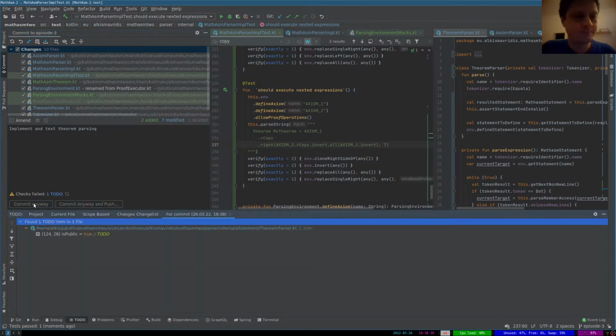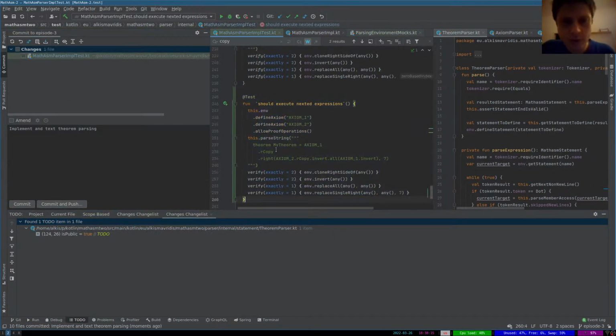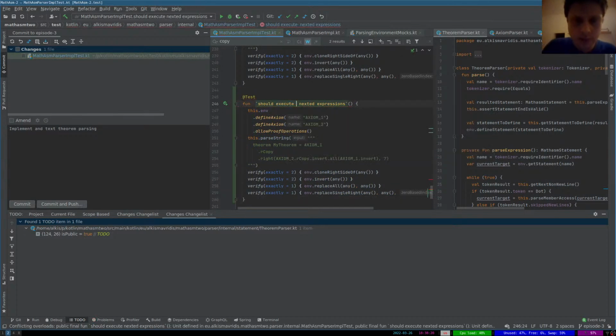Yes, we have the to do. We will do that. Another thing I would like to do is execute a statement after theorem definition. So imagine that we have